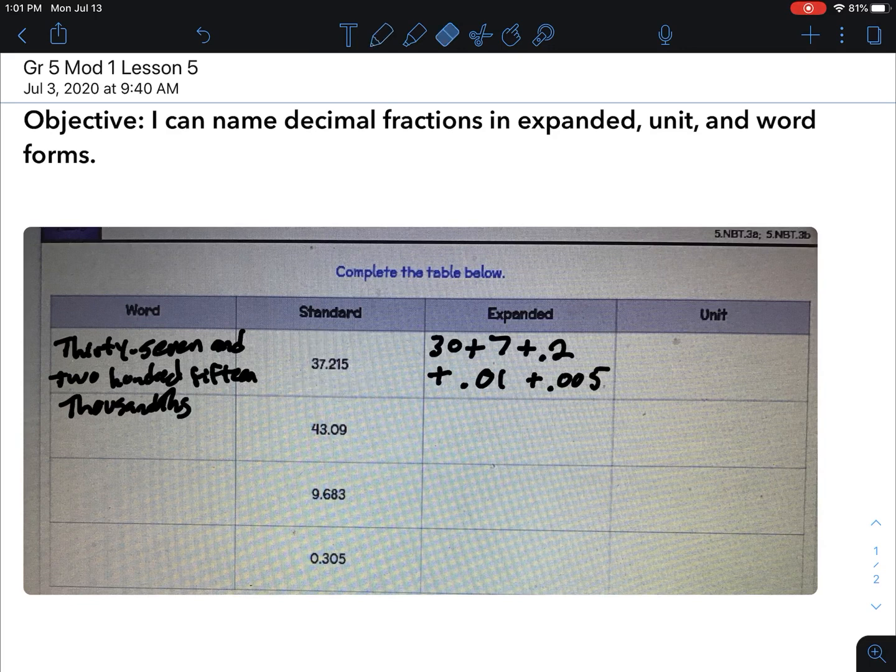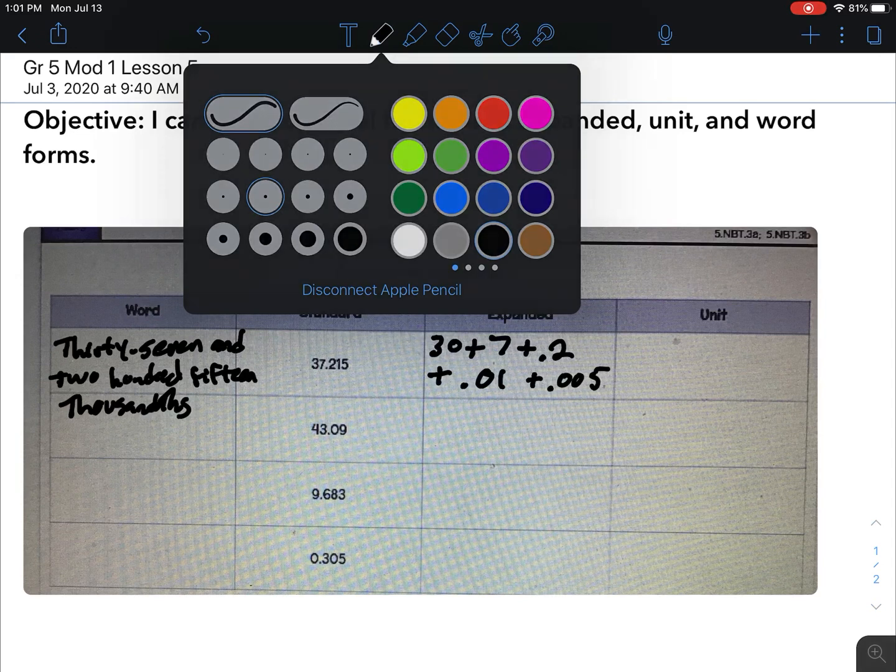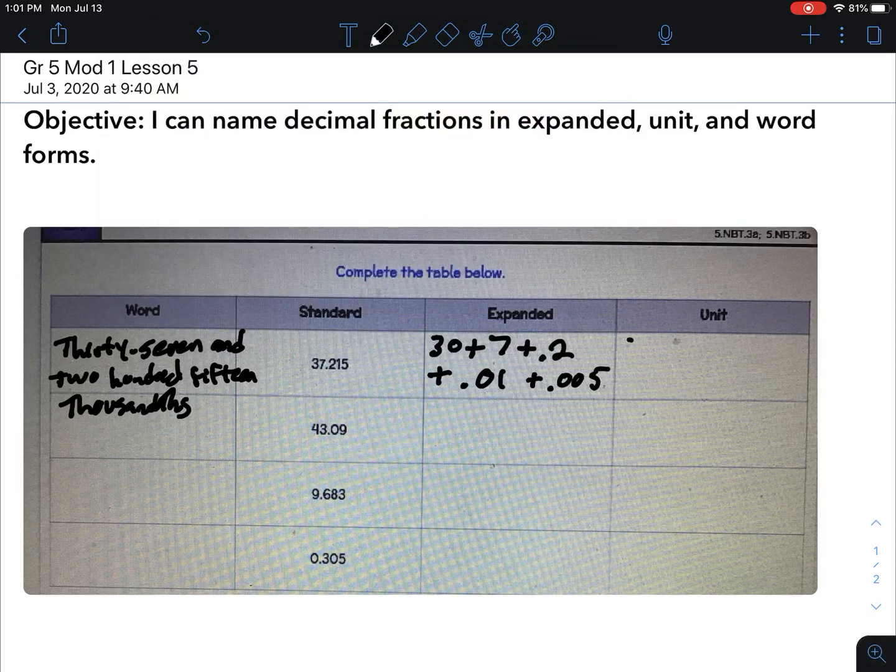So you take one number at a time. You would take your 3, and then, well, how do you get to this value? Well, it's in the tens place. So you multiply by 10. 3 times 10 plus, you have a 7 in the ones place, so 7 times 1, 7 ones,